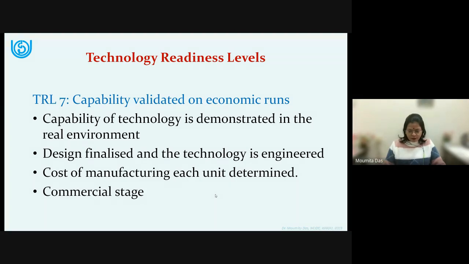So you factor in all those costs and calculate the cost of each unit, and then you calculate the cost of each box or a packet. Okay, and so at this stage you have entered the commercial stage. So an investor would know all these things when they look at your product.